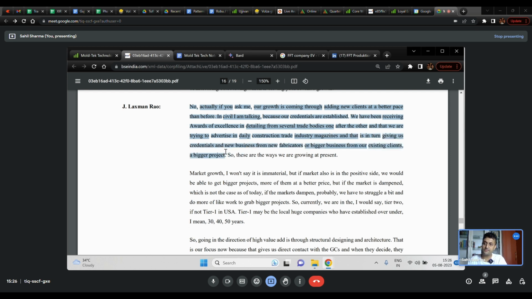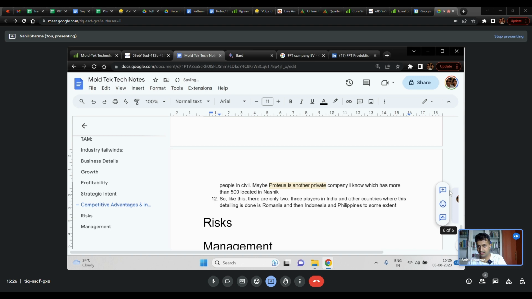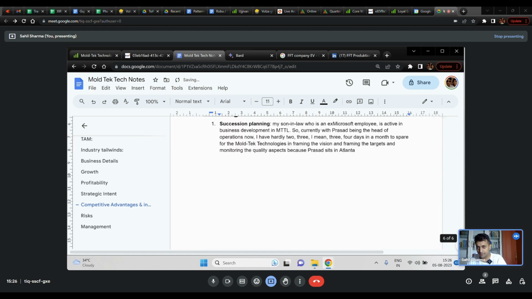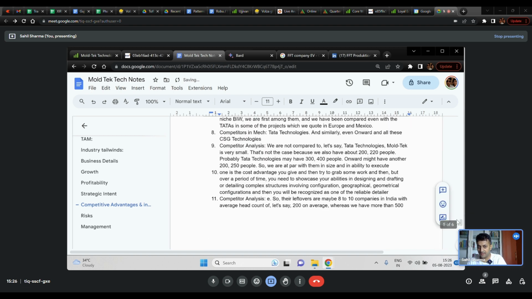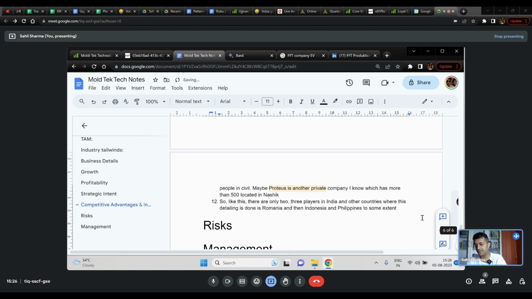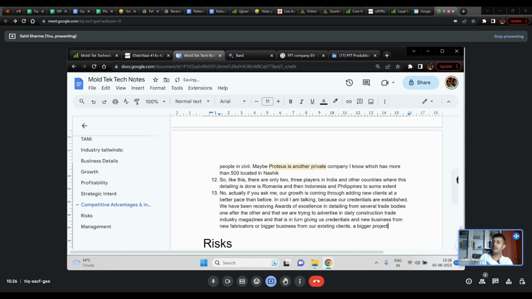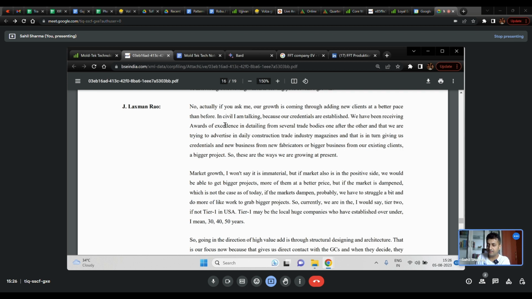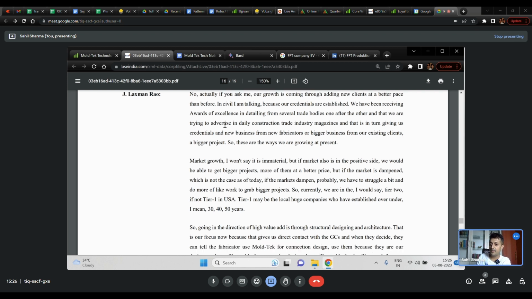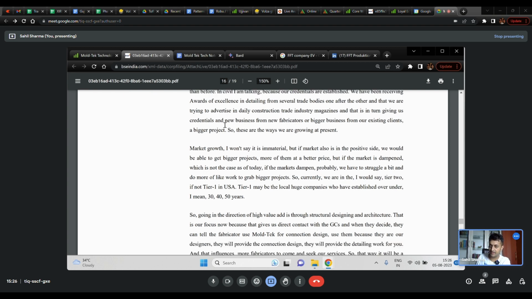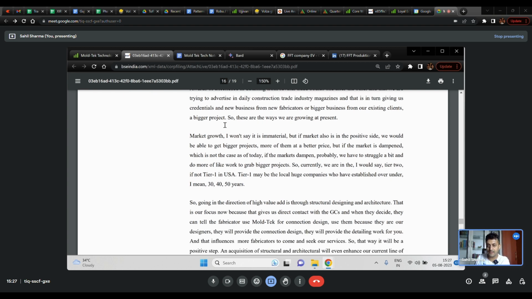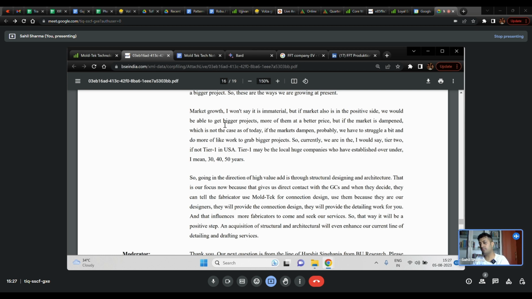So he's talked about the fact that they're getting awards from trade organizations, and through those references and awards, they're able to get a good clip of client addition. I guess all of this points to competitive advantage, and we have to look for these things. Like what are these awards for, and how many people were evaluated, and things like that. But yeah, it's giving us a good starting point of how to dive deeper and understand what awards they're getting, and how they are able to show proof of competence.